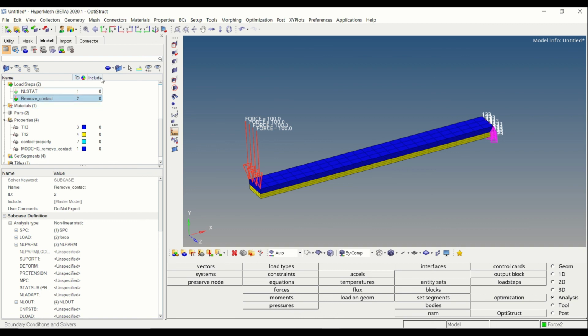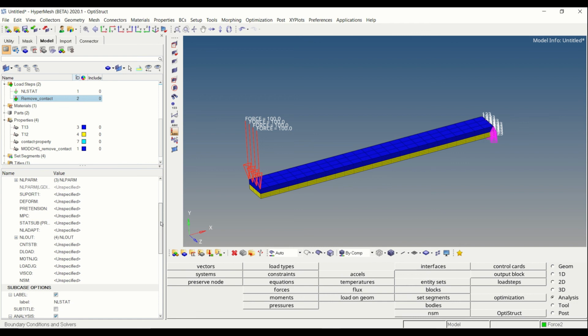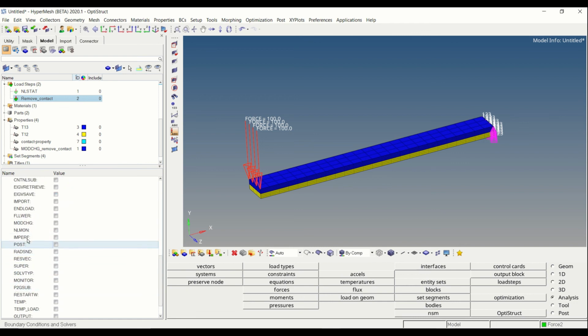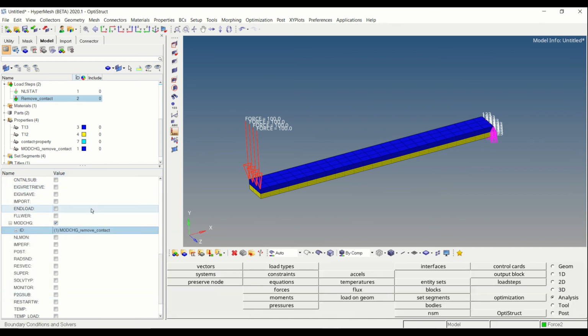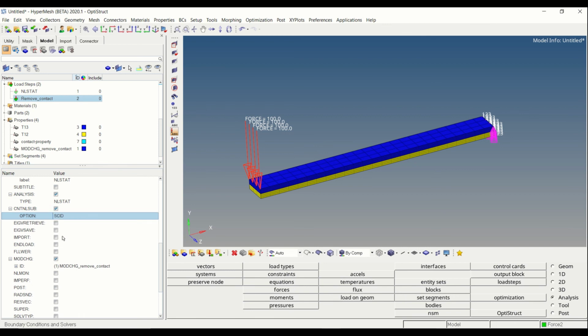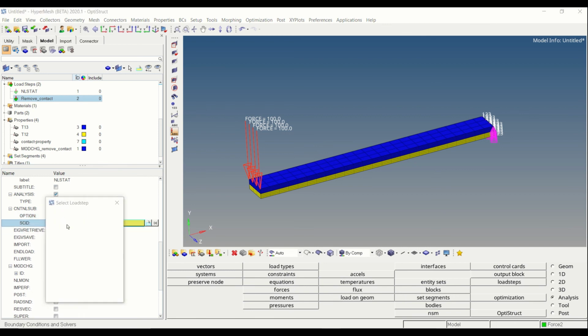Under this load step, I'm going to remove the contact from this model. Everything remains the same, except I'll go to the subcase option, check on this model change, and define the model change property which I created previously. And again I'll change this CNTNL SUV as the previous load step.